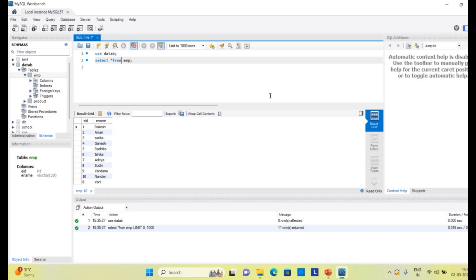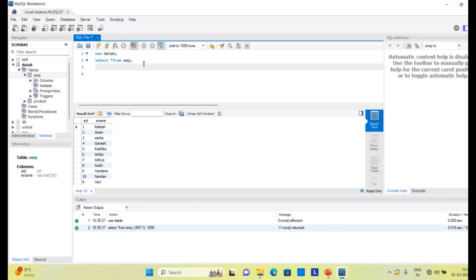To use the LIKE operator, we have a simple command: after WHERE you write LIKE. But the LIKE operator is used with the help of two wildcards: one is percent and the other is underscore. There are many more wildcards, like brackets, but in this video we are discussing the two wildcards, percent and underscore, so that you can understand the concept of the LIKE operator, and how to search the records on the basis of a specific pattern. Right now I am going to search for the ENAME which starts with R.